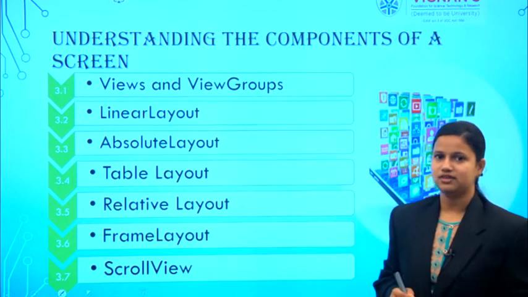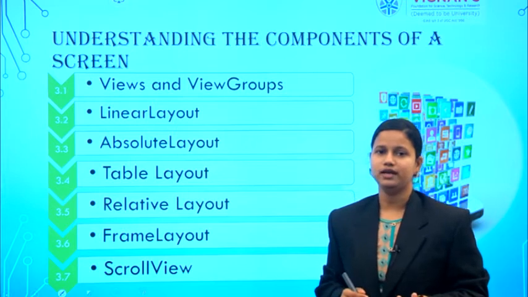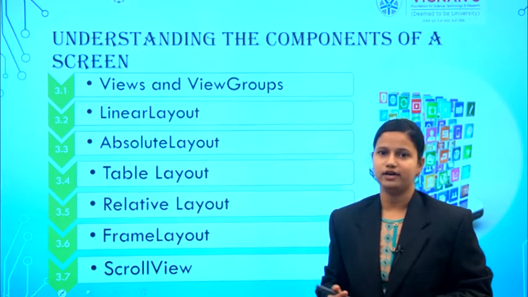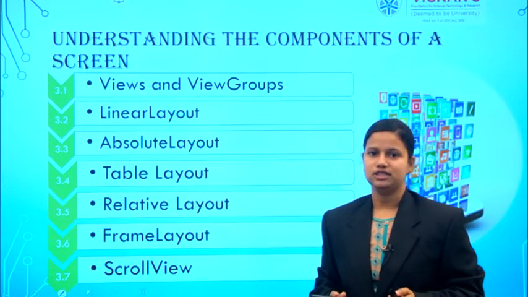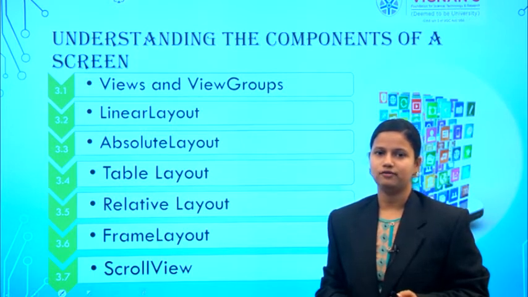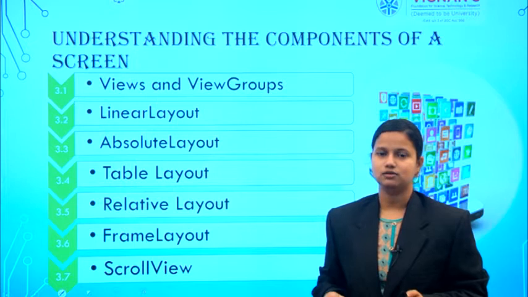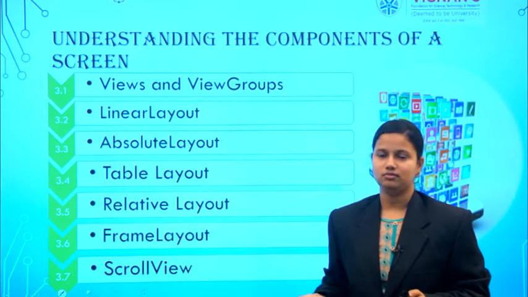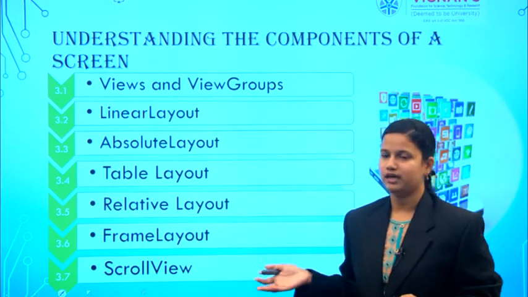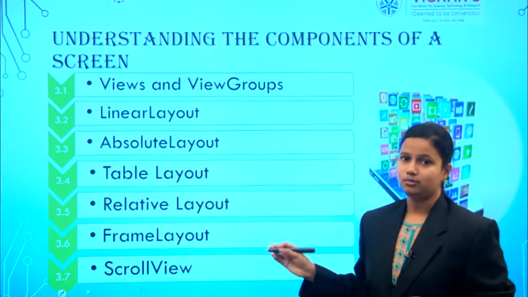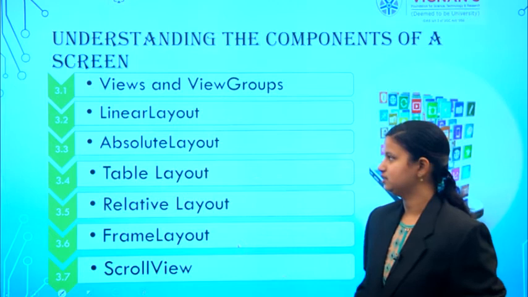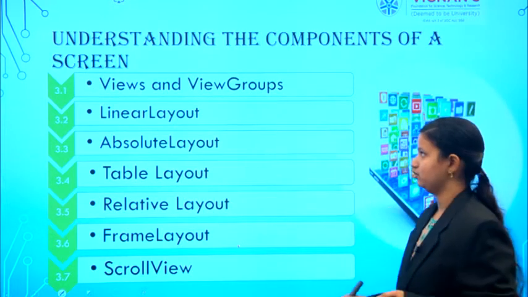How are these different user interfaces developed? By using different layouts. And these user interfaces will also have different views and different view group elements, that means different widgets are available in that view group. For example, the username is one of the text views. To enter the username, we have to use an edit text, which is also a widget. In the same way, we use different views and view group elements. But how these views and view group elements are structured or arranged is done using these different layouts. So, let us go through them one by one.